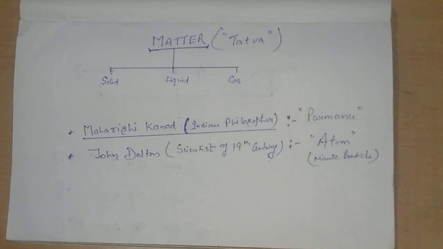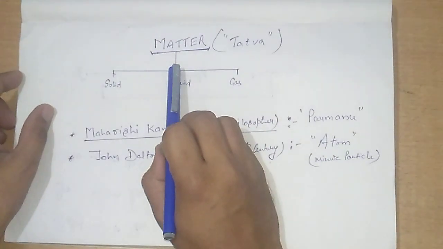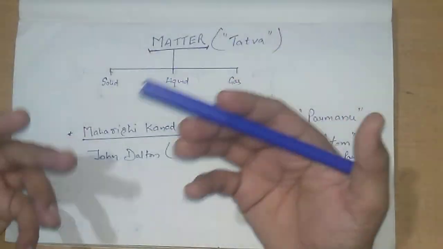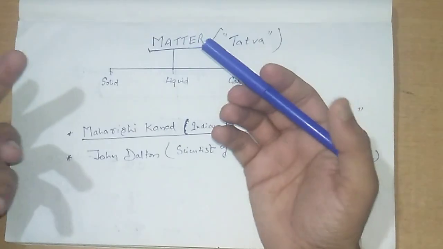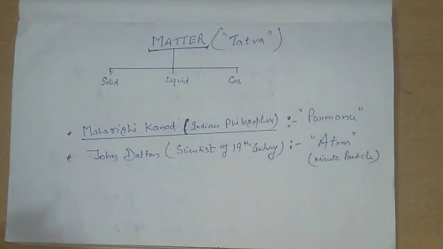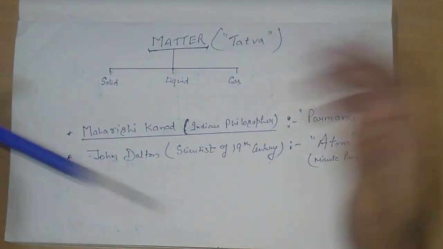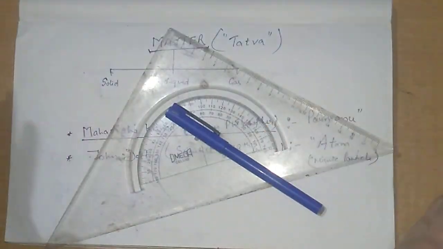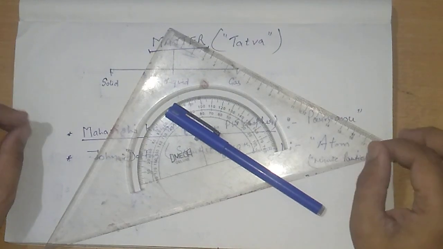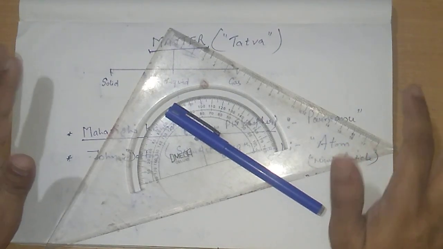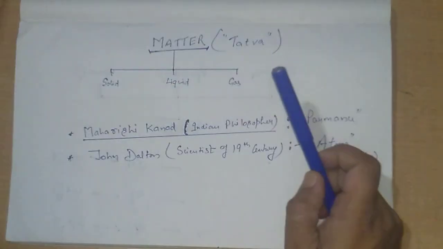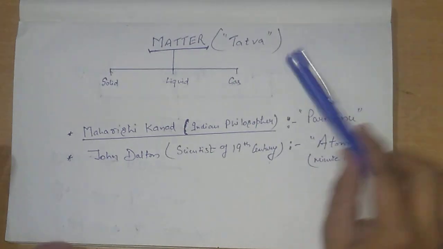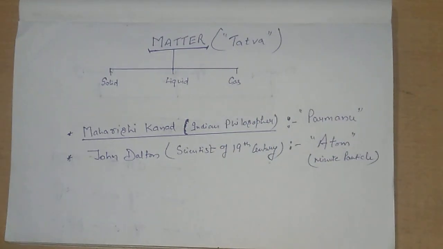Clear? So the scientific term which is used for each and everything all around us is matter. Clear? Like this pen, this paper, this table, scale. All these things are different, they look different. Clear? Everything has its own different property, and everything around us has its own different use. So all these things under a common name are called matter. Clear? Everything around us is matter.